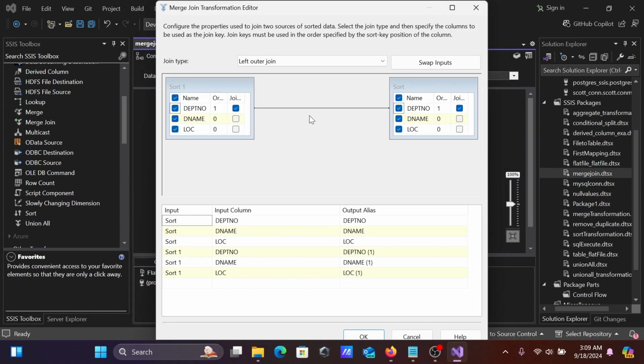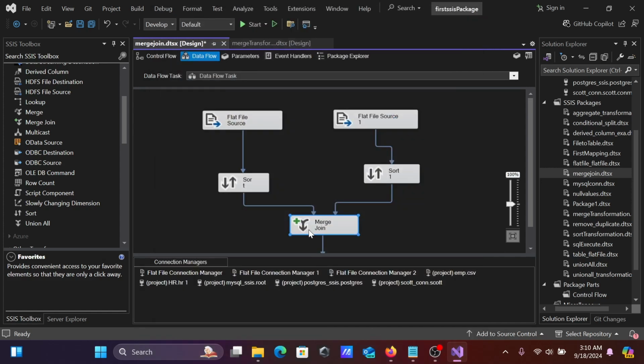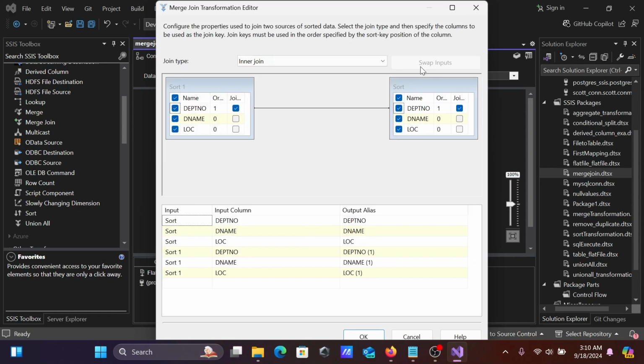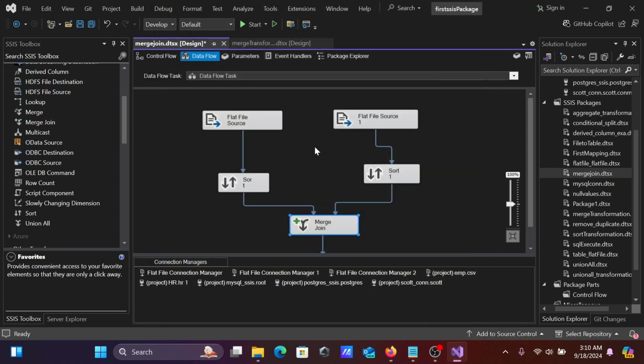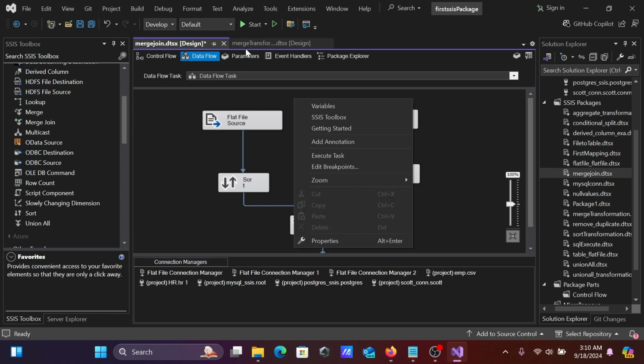But when you are using merge join, you can give the condition: inner join, left outer join, or full outer join. This is the condition you can give when using merge join, and you can use it here. And when I run this, I start the task, execute the task.